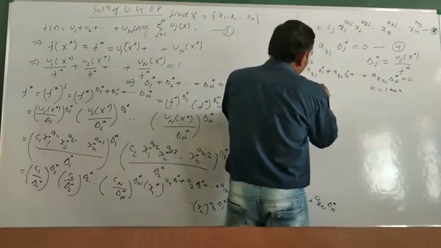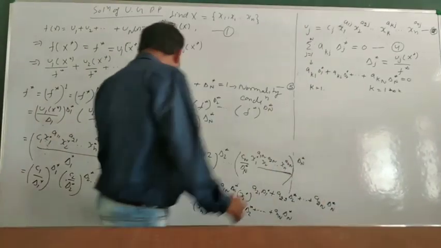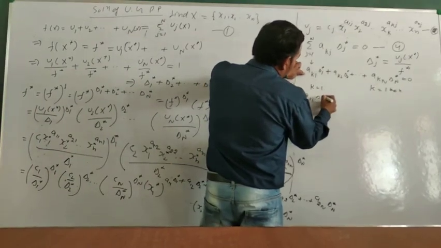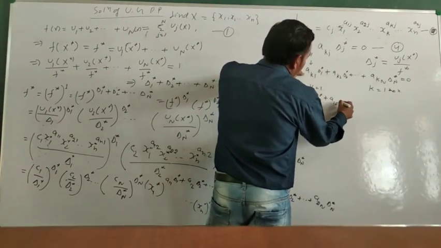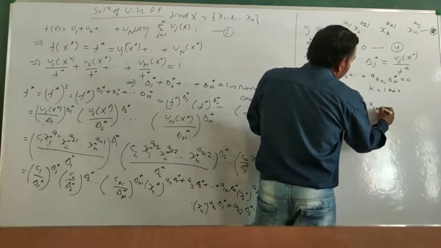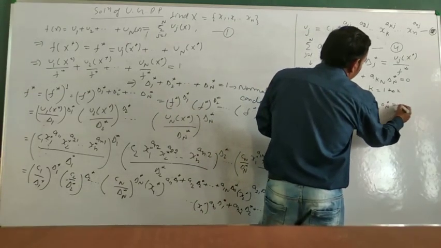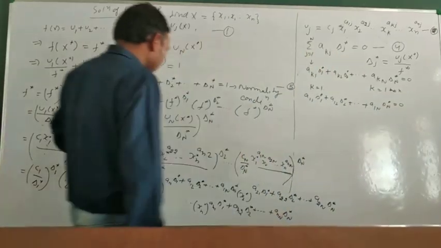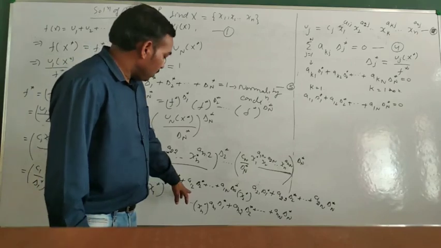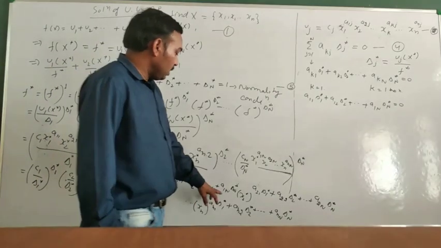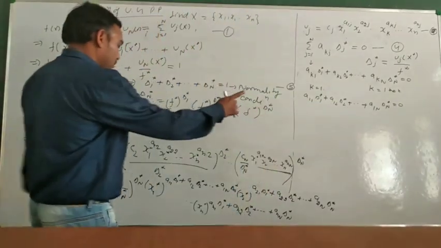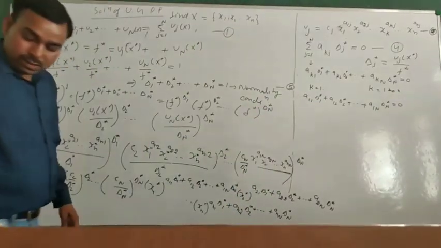If we write k equal to 1, simply we get a11 del 1 star plus a12 del 2 star up to a1n del n star equal to 0. So from this we get, so implies that